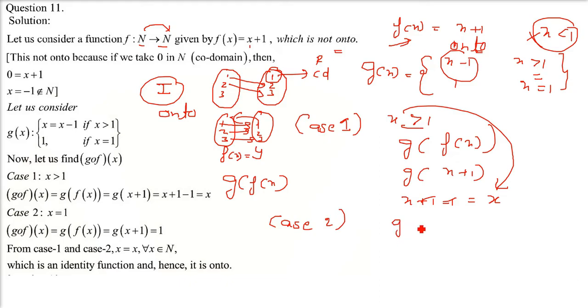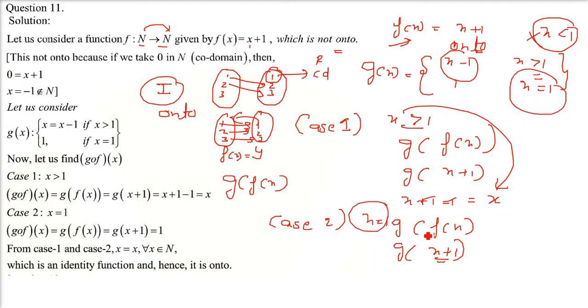Now we'll take the case of x equals 1. When we put x, it was x. When we put x as 1, whatever you put inside g, it doesn't matter, because x is equal to 1. It will always come as 1. It is a constant function. So you put x, you get x. You put 1, you get 1. I hope you got the idea. So basically it's an identity function.